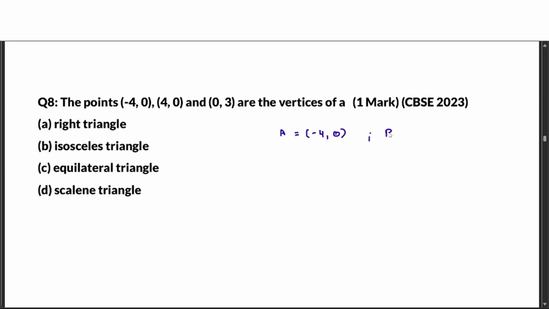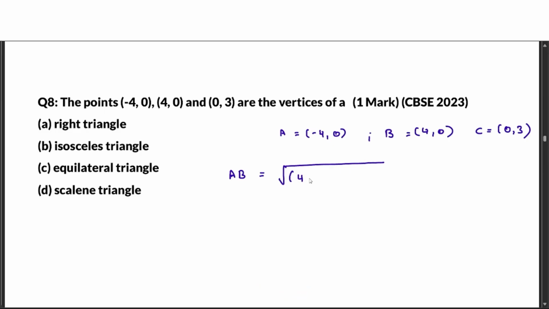B coordinates is given 4 comma 0 and C coordinates is given 0 comma 3. Okay, so based on that we can use the distance formula. So first we will find AB. So AB is equal to, here we can say